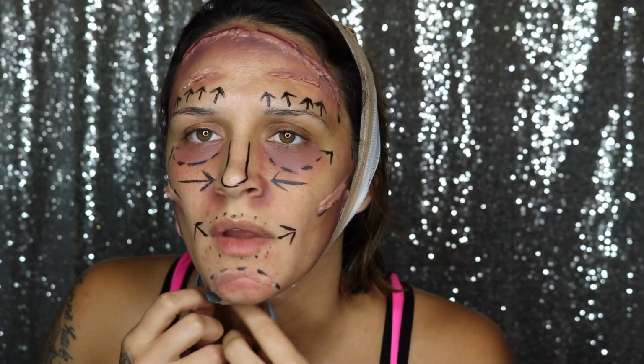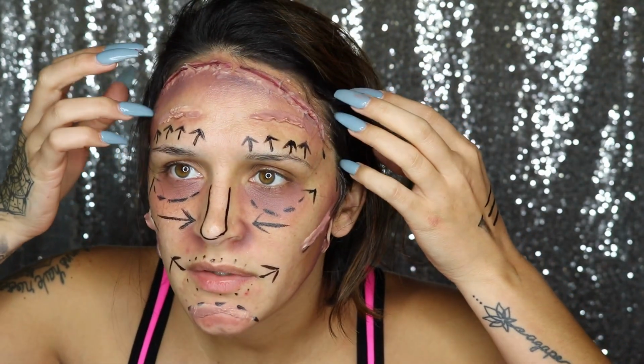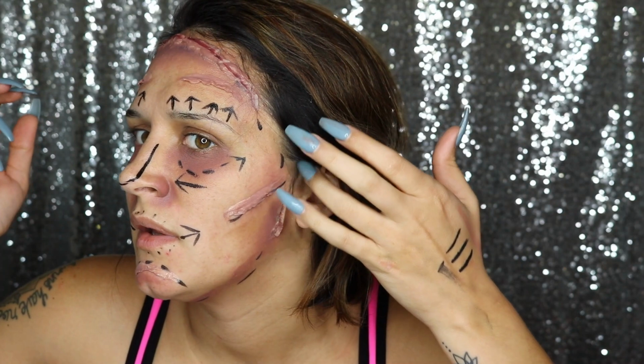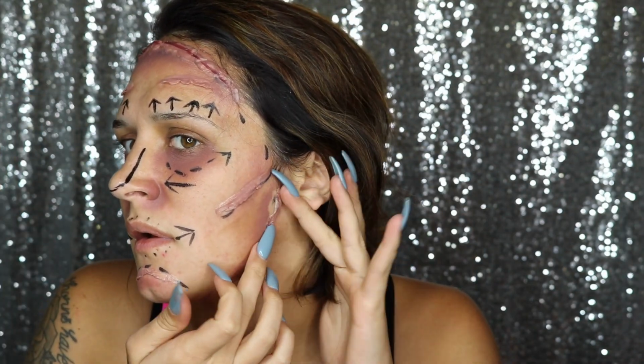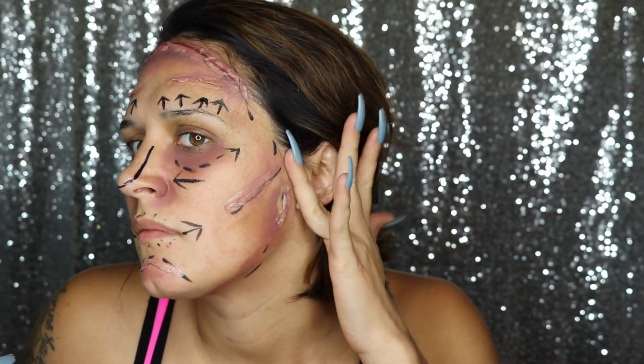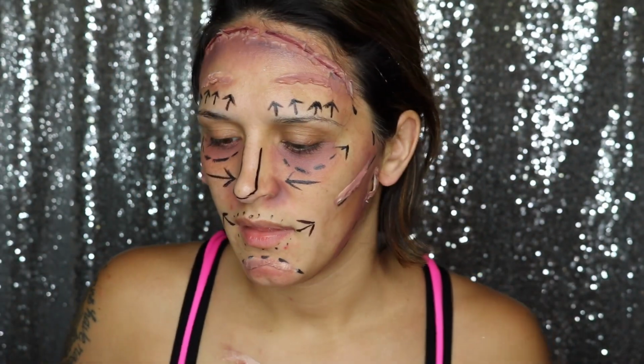Gross. Okay, I'm actually going to take off the bandages until it's time for me to take pictures of it, or until we finish the look, really, because I don't want it to mess up my wounds here, like I feel like I'm already doing. Okay, so now that we have all this done, we're going to take that liner brush that I've been using,